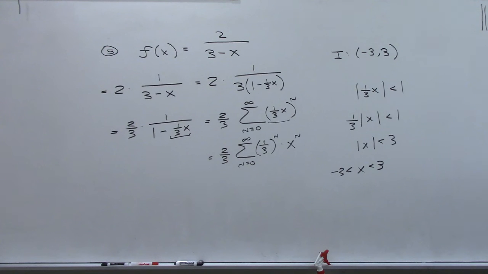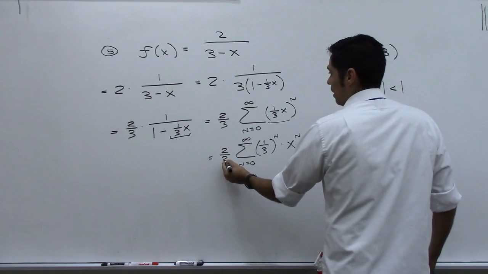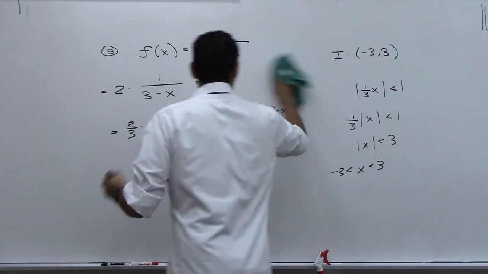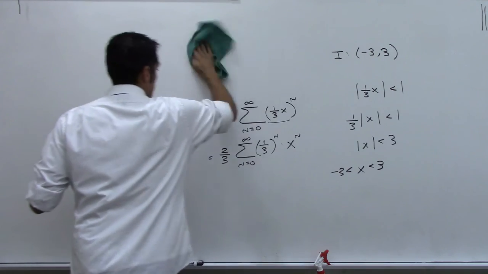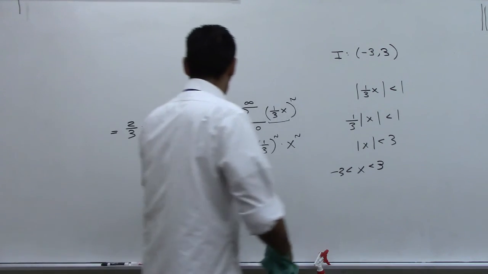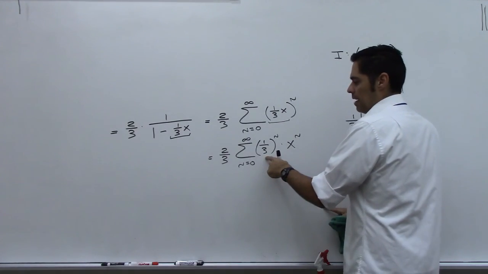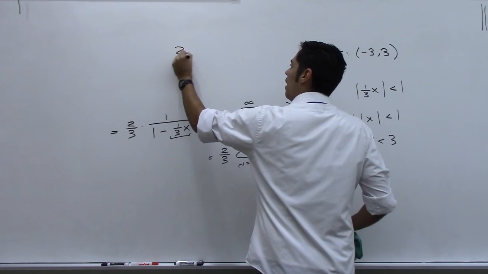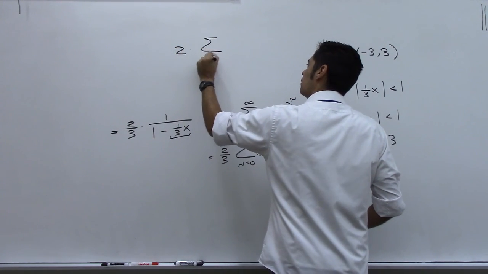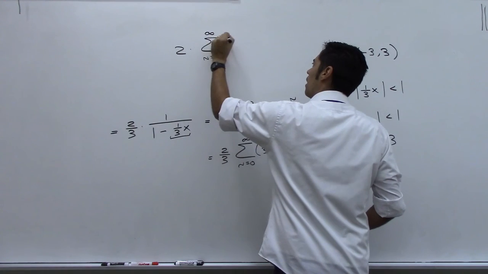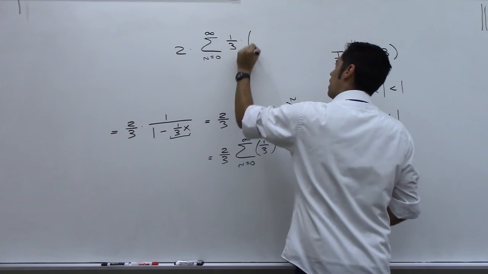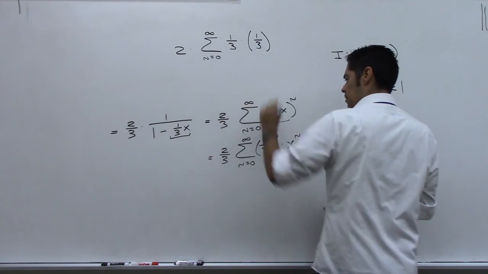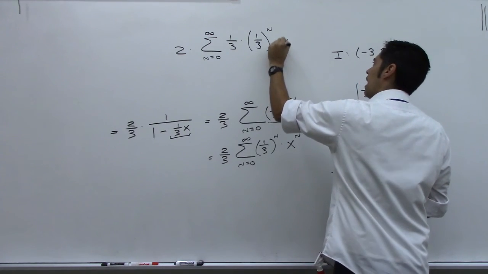I do see they did one more thing here. Because this is a 3, let's just take a look at this. This would be correct for me. I'd be happy with this answer on a test, but because this is a 3 and this is a 3 down here, we could leave the 2 out there. I could bring a 1/3 back in, then I have 1/3 to the n, then x to the n,